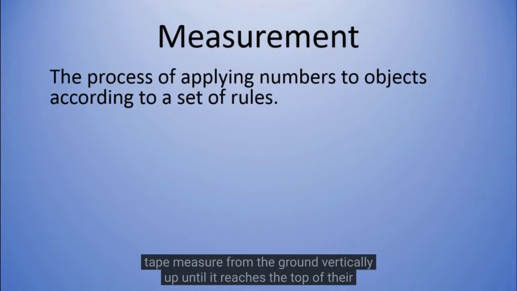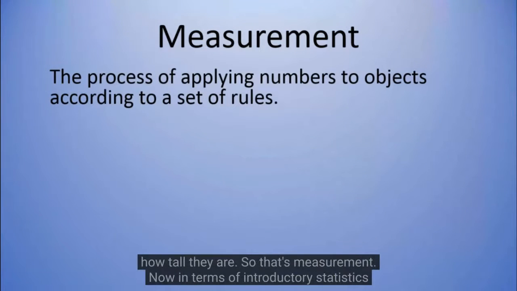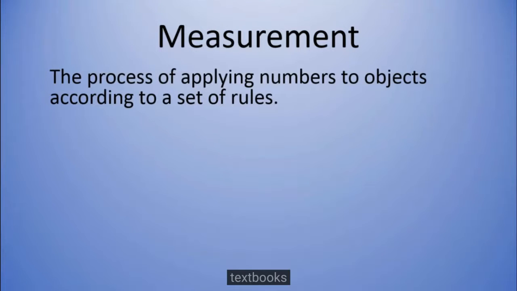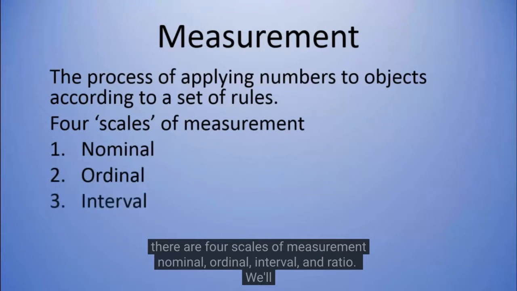And the rule is you extend the tape measure from the ground vertically up until it reaches the top of their head, where we're level there at the top of the head, and we read off how tall they are. So that's measurement. Now, in terms of introductory statistics textbooks, there are 4 scales of measurement: nominal, ordinal, interval, and